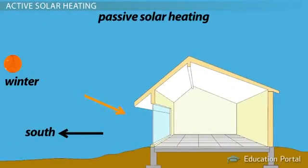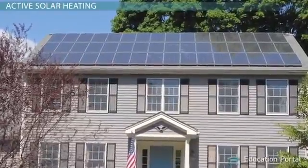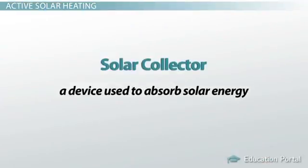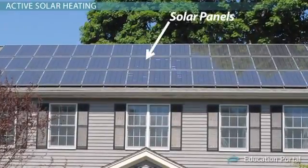Active solar heating is a more involved process than passive solar heating. While passive solar heating employs methods to capture heat from the sun, it does nothing to actively enhance the process. In contrast, active solar heating uses mechanical and electrical equipment to enhance the conversion of solar energy to heat and electric power. While more involved, active solar systems can generate much more heat than a passive system. Now, for active solar heating, you will need a solar collector, which is a device used to absorb solar energy. Solar collectors can be simple designs, but you likely think of solar collectors as the solar panels found on rooftops of homes or other